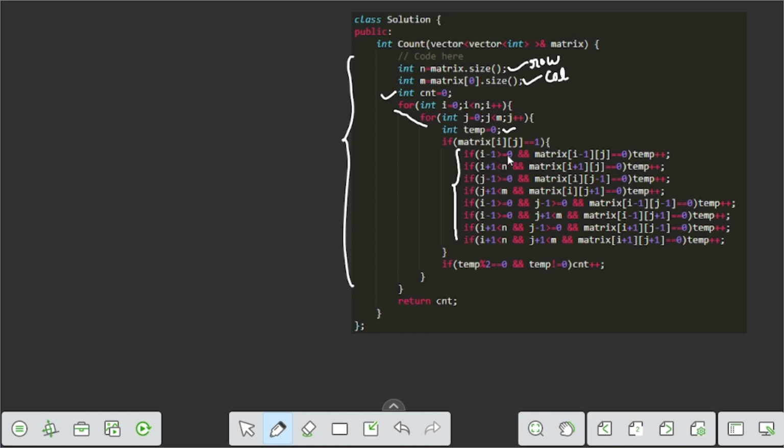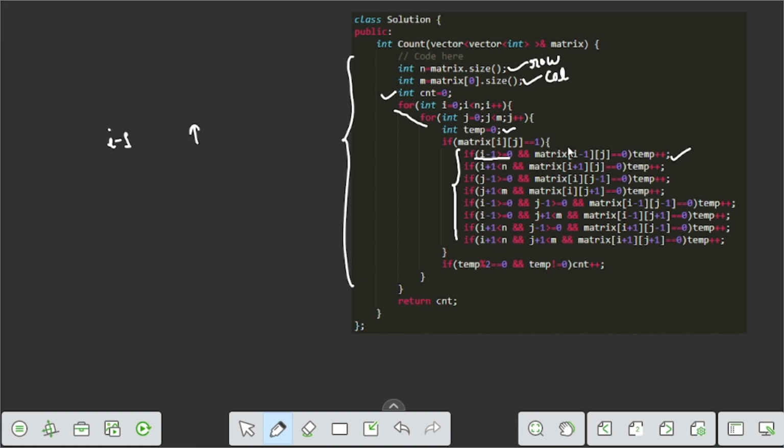The first direction is i minus 1, which represents the upper direction, up. We also add a condition: i minus 1 greater than or equal to 0. Why do we add this condition? Because we have to stay in bounds, and if we reach the boundary limit, this condition becomes false and we do not increase the temp variable. So in each condition we also add a boundary condition.